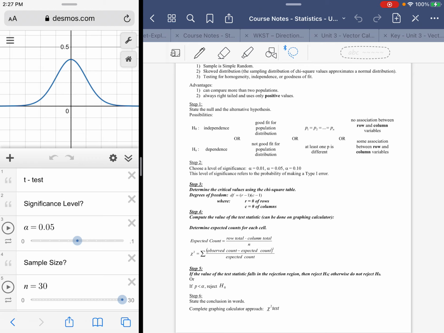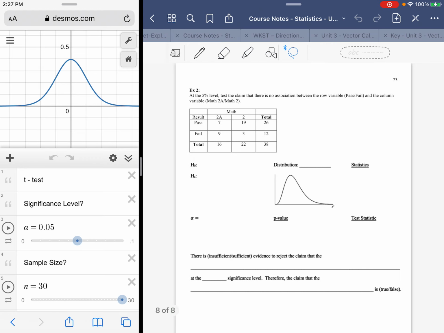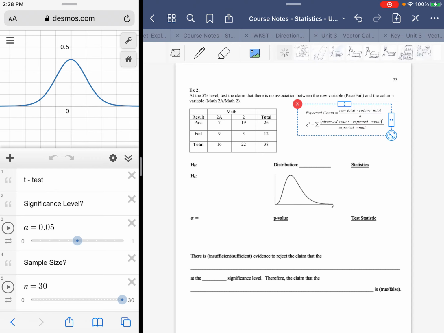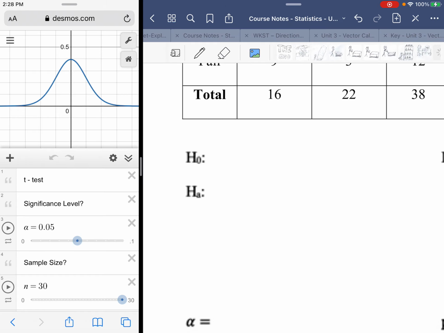All right, so I have an example here. Like I said, I'll just pop in the rules here. At the 5% level, test the claim that there's no association between the row variable pass-fail and the column variable math2a / math2. All right, so that's my null. No association. And let me go with a thinner marker. No association